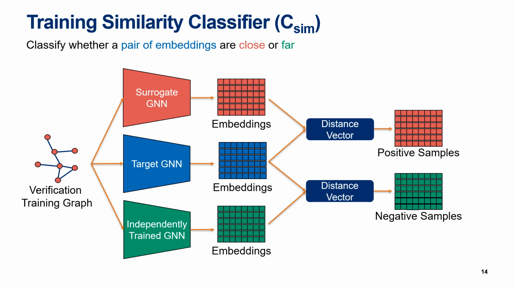algorithm that we propose. The key idea is that we want to classify whether a pair of embeddings are close or far, and to that end we train a similarity classifier. The key idea is that we train three models: a target GNN, a surrogate GNN of the target GNN, and an independently trained GNN with a different random seed. And what we do then is that we generate embeddings from all three GNNs. We calculate a distance vector between the surrogate GNN embeddings and the target GNN embeddings, which form our positive samples. We also generate the distance vector between the target GNN and the independent GNN embeddings, which then form our negative